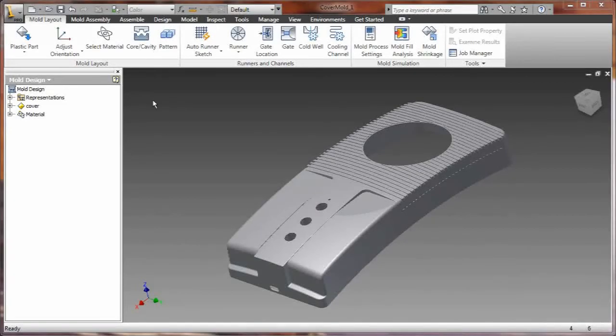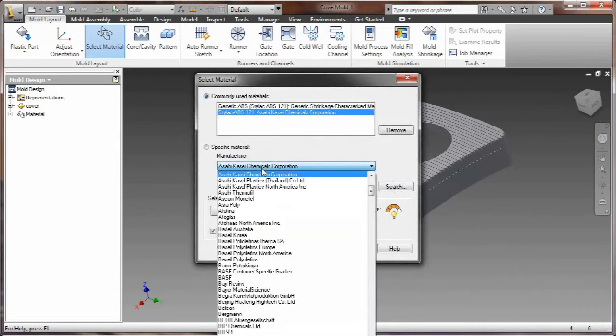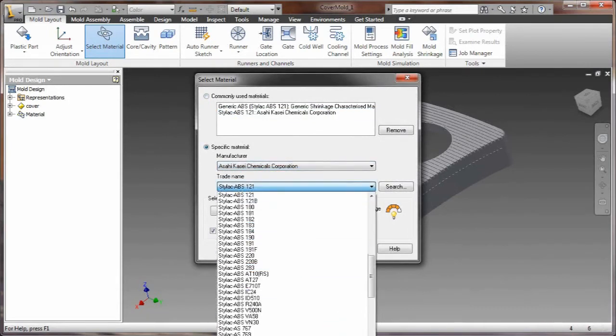Hey everybody, Rob Coe here, talking a little bit about what's new with Inventor 2011. And in this section we're going to talk about tooling and mold, and the mold flow technology that we've built